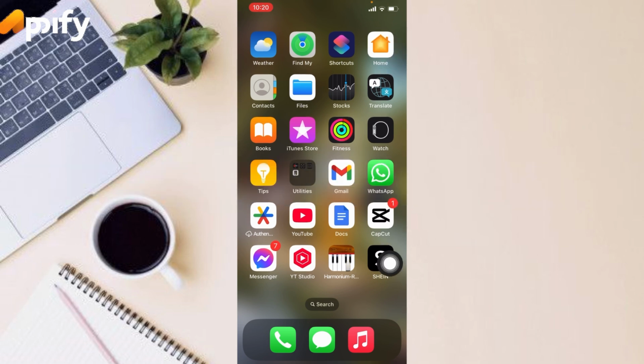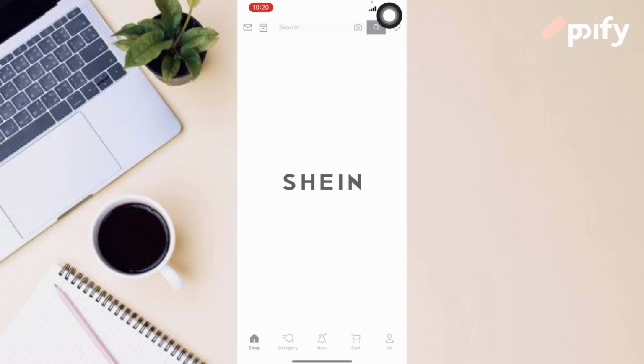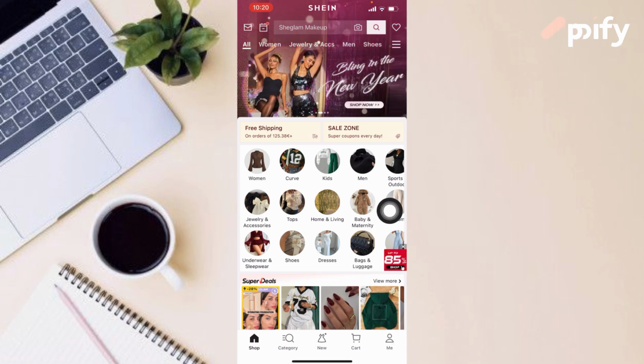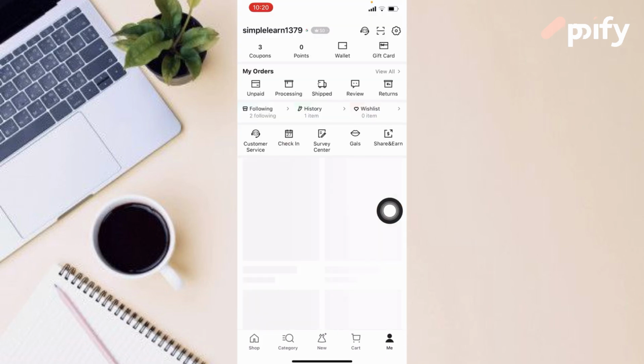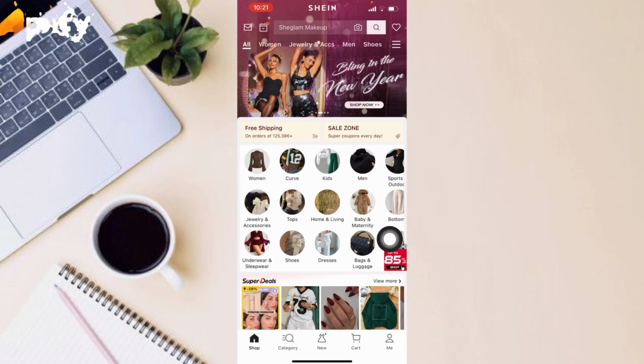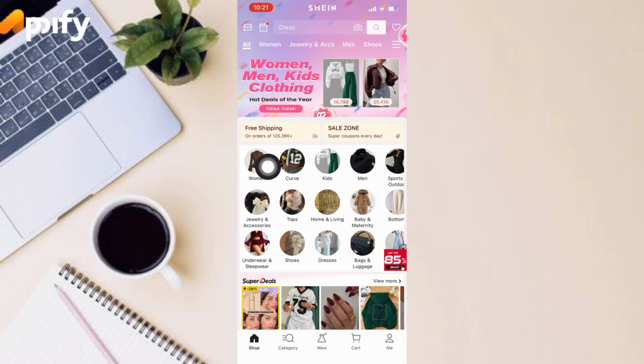First of all, open up the Shein app. Make sure you have already downloaded it. Once you open it, it will land you on this kind of interface. So here, go to profile on the bottom right corner. Now go to home, simply tap on the home button, and here let's say you want to select the women category, simply